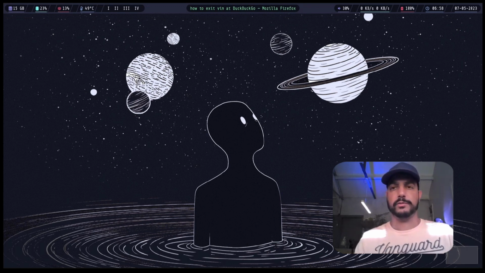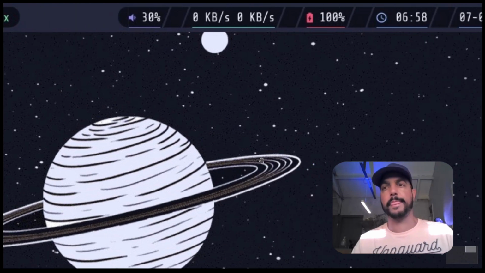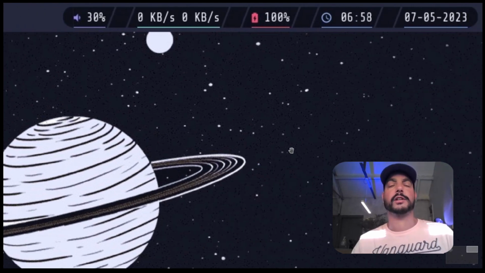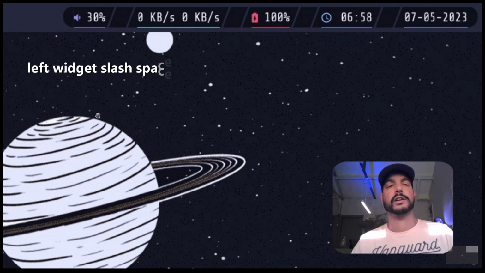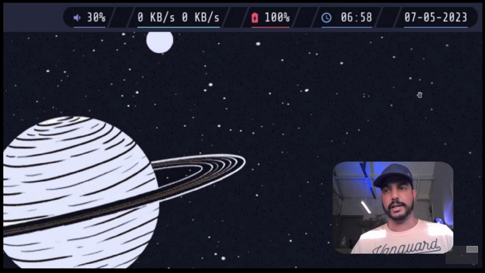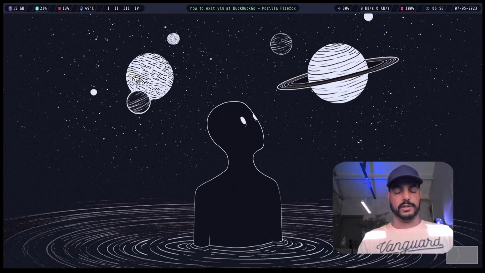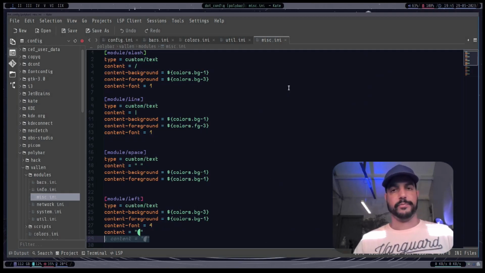All right, so let's do it like this. So now you see it better. It's subtle, but yeah, it's spaced out. So if you have left and then a widget, and then slash, space, slash, and then a widget, slash, space, slash, etc., and ending with the right one. So, okay, and that being said,